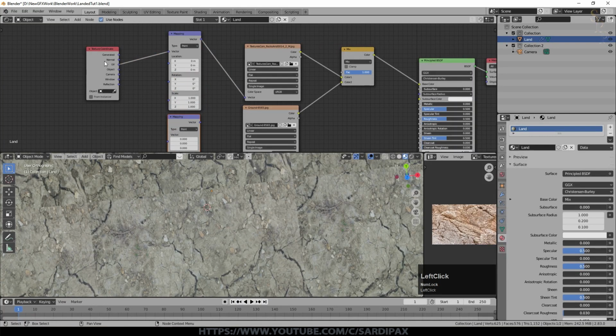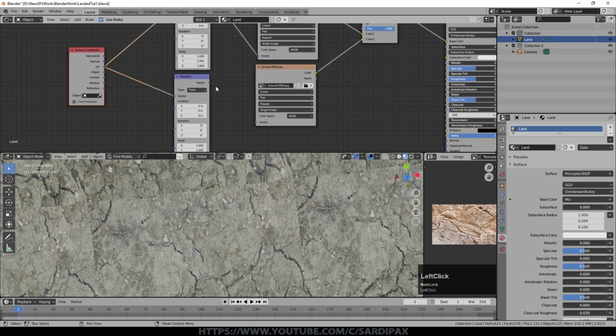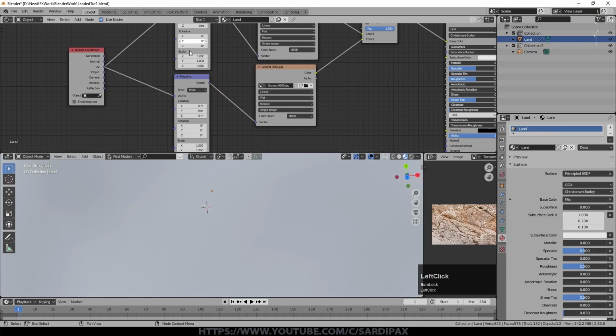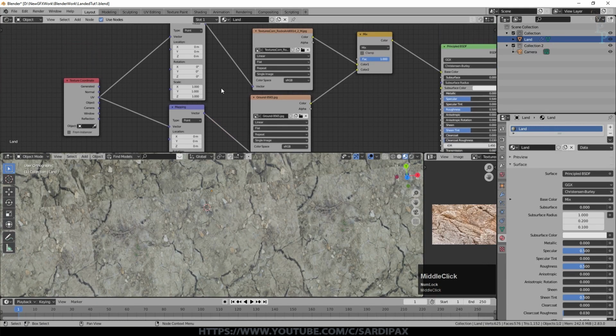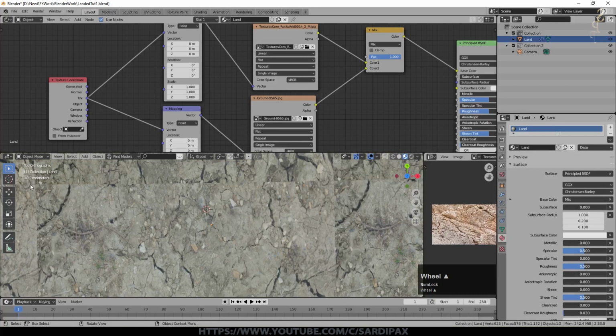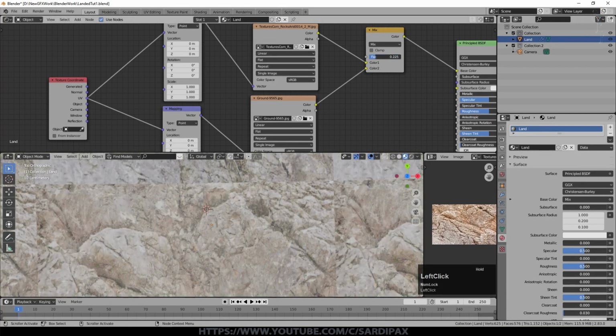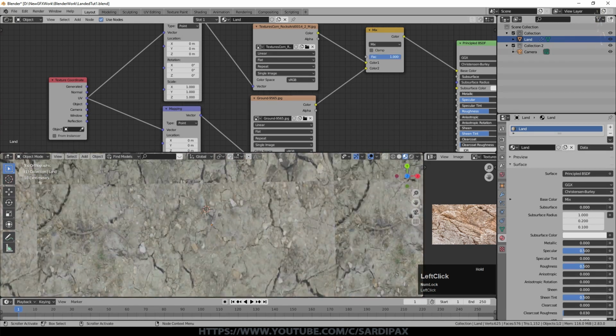Shift D and duplicate that, and we'll replicate what I just did with the other texture, but they've got their own mapping nodes now. So just make a note here, you can see the border of this particular image texture that we've got, and if I switch over to the other one, they happen to be about the same size, so therefore we're getting the border in exactly the same place.